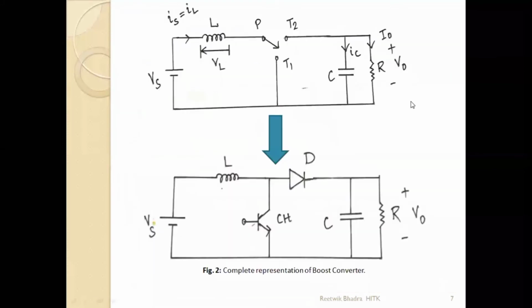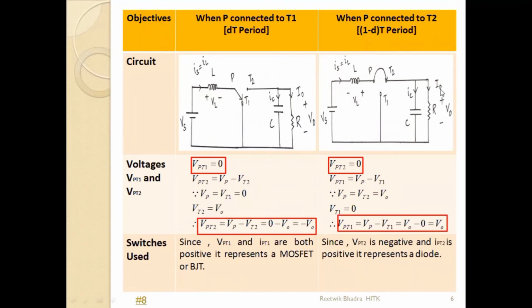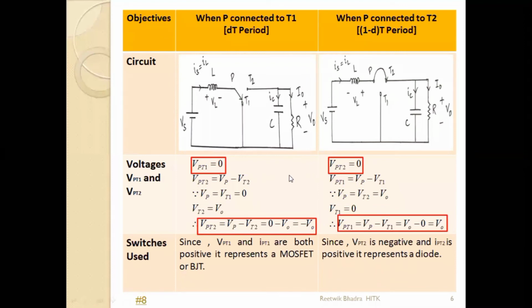Can anybody tell me, without understanding that equation, I am saying I can directly write down I naught by 1 minus D. Like that I can directly write down. Can anybody give me a direct explanation from this circuit? How can I write down that equation? But think how that will come. Can anybody give any explanation?